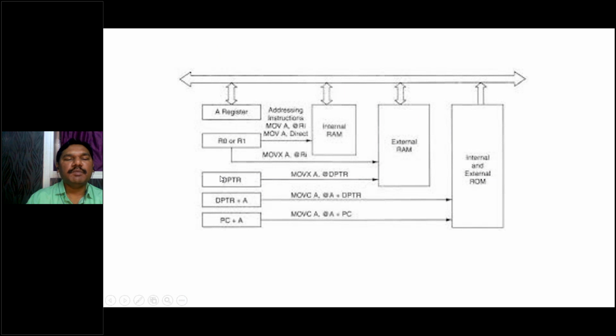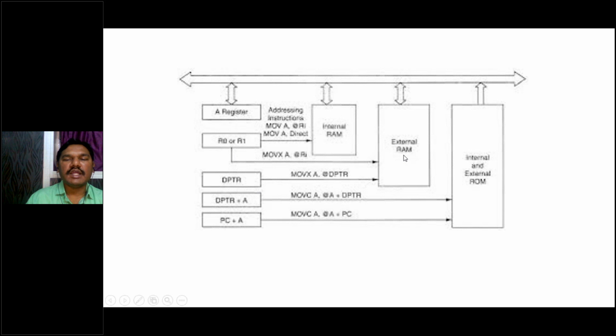We use DPTR. What is DPTR? DPTR stands for data pointer. The data pointer is used to write or read data or addresses in terms of 16 bits. PC stands for program counter. This program counter helps us to call and read the data to or from the address of the next instruction. It is also 16-bit. So PC and DPTR are both 16-bit.